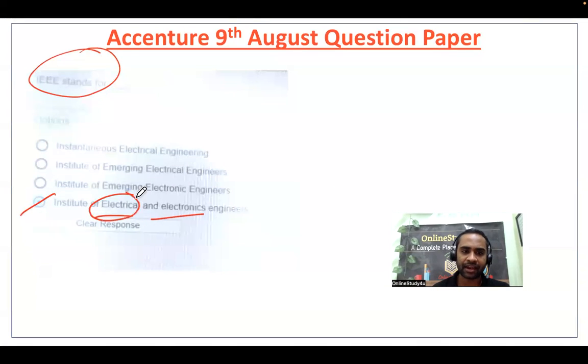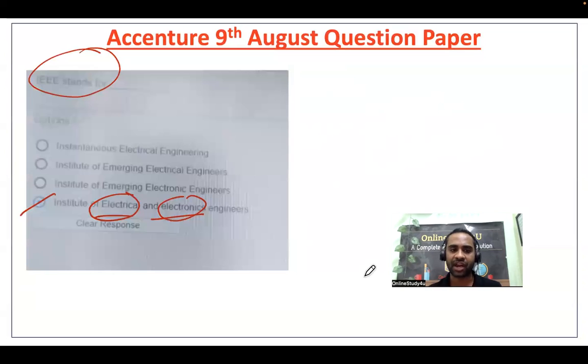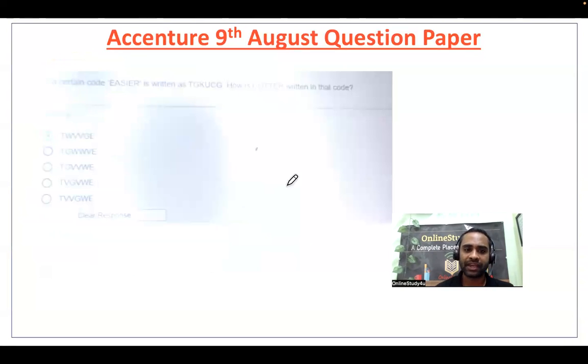So if electrical and electronics will be there in your mind, you will not make the mistake for this. IEEE stands for electrical and electronics. Now, in a certain code, EASIER is coded as